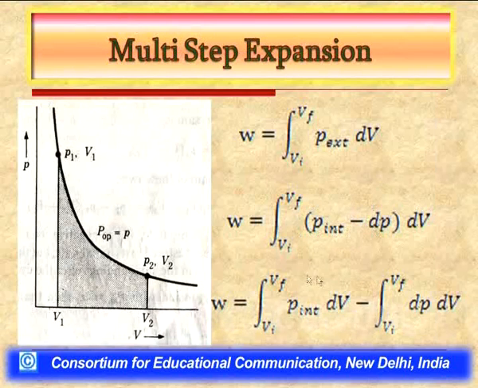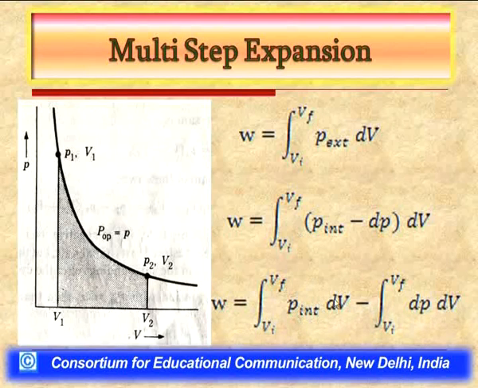And now we can take the integral terms as separate terms, and we can define two separate integrals, the integral of P int dV minus the integral from Vi to Vf of dP dV. Now, you can see the second term in this expression, dP dV, is basically an integral of the product of two differentials, that is two very small quantities. If we multiply two very small quantities, it will lead to a further smaller quantity. So, the second term in comparison to the first term is negligible, and so expansion work will only be represented by an integral from initial volume Vi to Vf of P int dV,